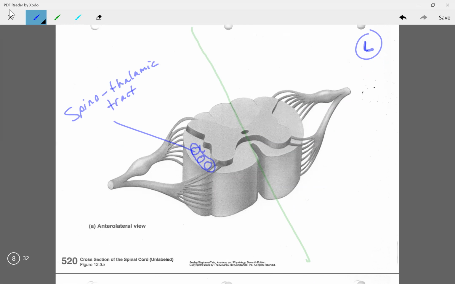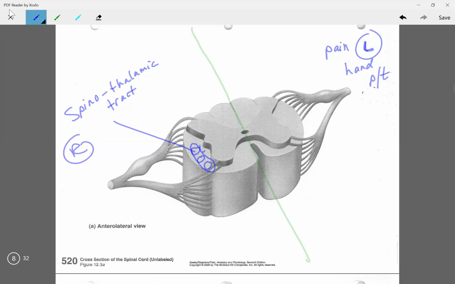Okay, so I drew this on the right side on purpose because pain and temperature crosses over at the level of the spine. Keep in mind, everything has to get to the opposite brain. So if it's your left hand, it has to get to the right brain. Tactile goes in ipsilateral, but pain and temperature crosses over at the level of the cord. All right, so here's the hand, pain,